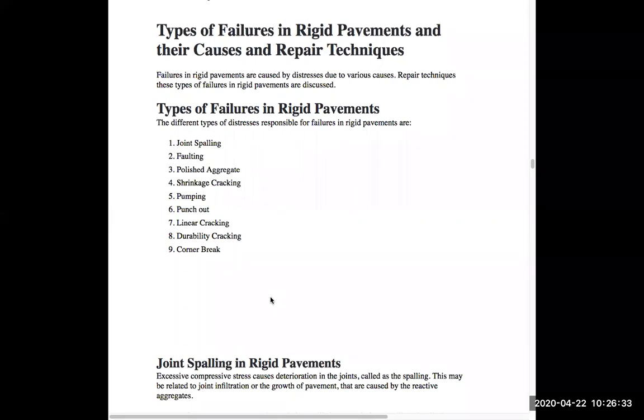In module 3 we discussed in detail the evaluation part: what the functional evaluation is and what structural evaluation equipment is used for that. For rigid concrete payments, the evaluation concentrates only on visual examination. This visual examination, or functional evaluation, of rigid payment is the same as what you do in the case of flexible payments, so it will be a repetition. I will not discuss that visual inspection format again, which I discussed in the previous lecture. So we'll start with the failures.